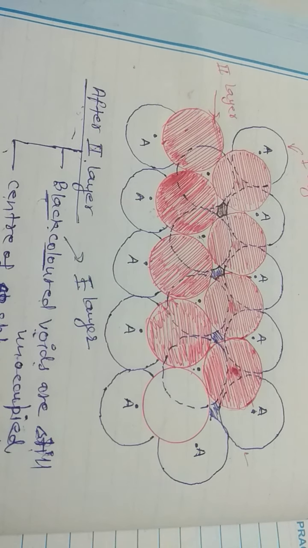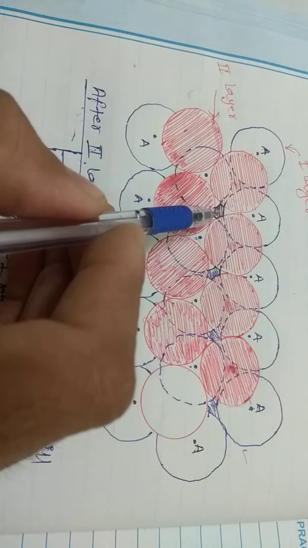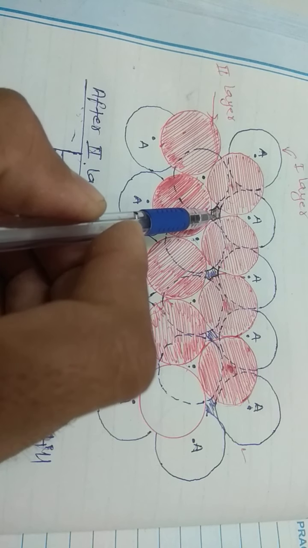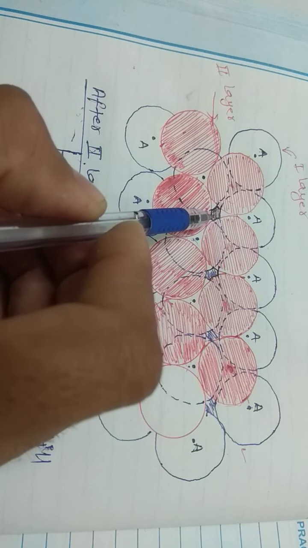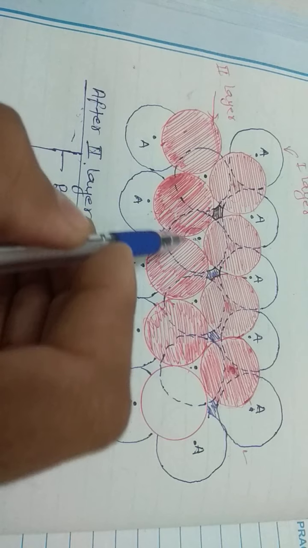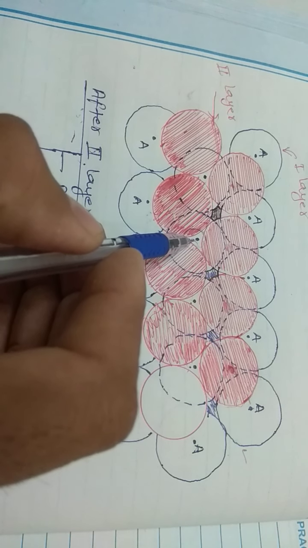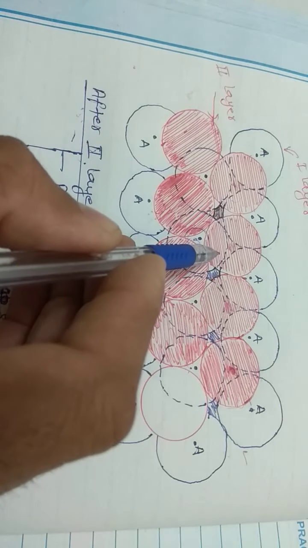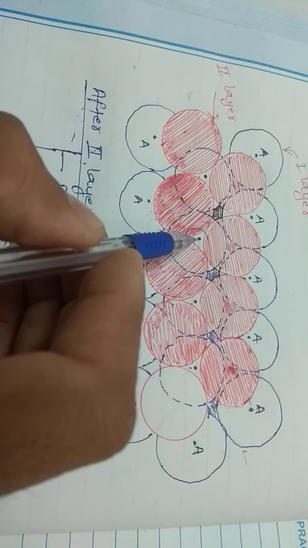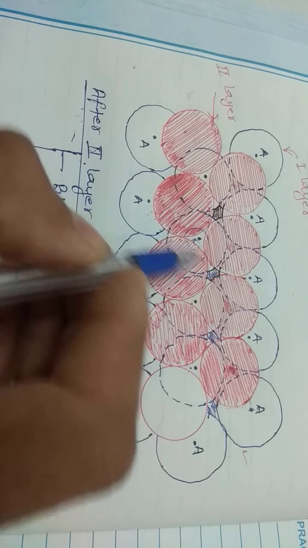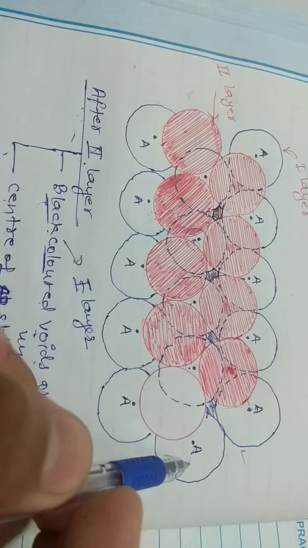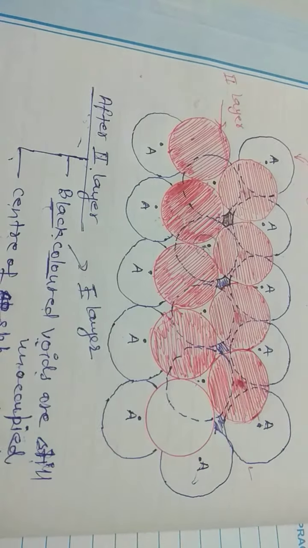So class, from this, if you cover the C, then you will have a different kind of arrangement of the particles in the crystalline three-dimensional structure. And if you occupy this center of the sphere, then in the third layer the particle which occupies this void whose center is A, that sphere will be just above the sphere in the first layer. Then it will give rise to a different kind of arrangement.